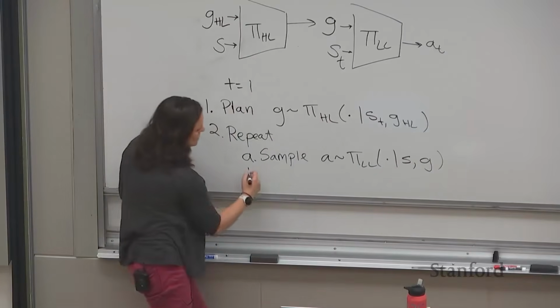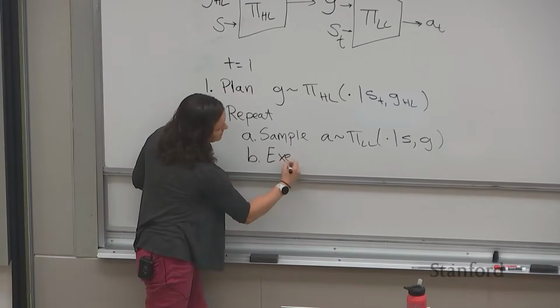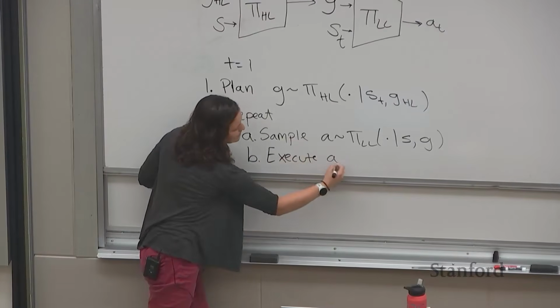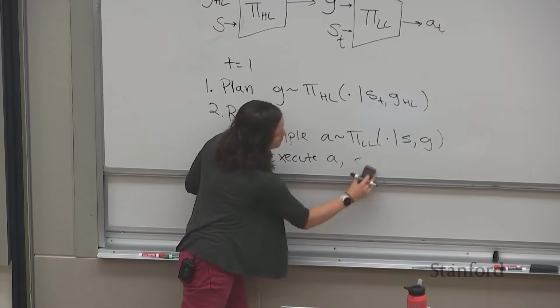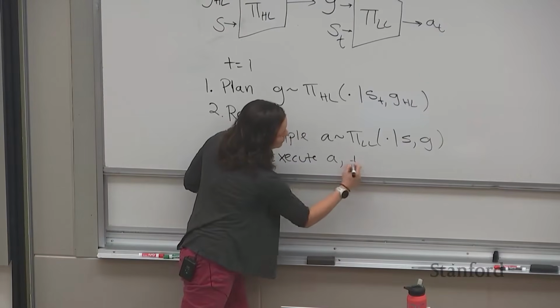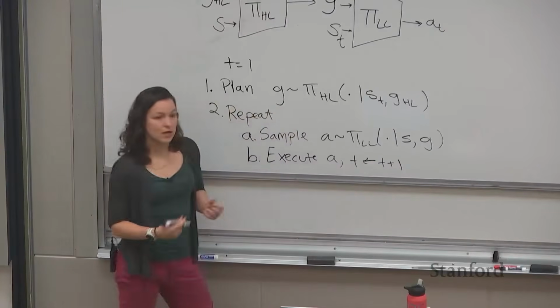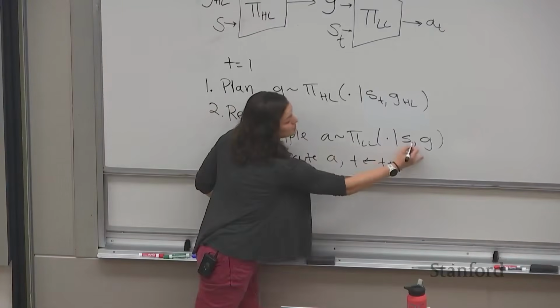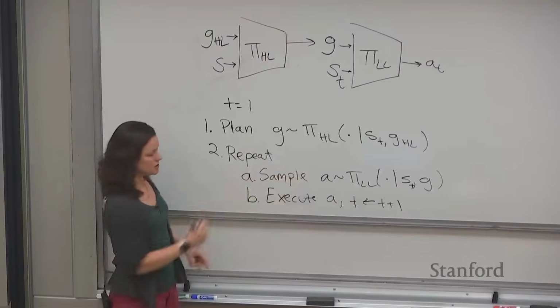And then we'll actually execute that action and get the next state. So basically, at that point, t will now become t plus 1, and we'll observe s_t, then again with the same goal as before, but the new state, we'll sample a new action,